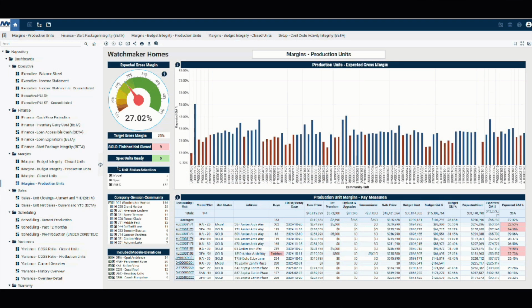So what would you filter on? Well, you can see that we can filter on status, whether or not it's a sold home or whether or not it's a spec home. Perhaps by division or by development or model and elevation, or a combination of all of those, whatever is necessary